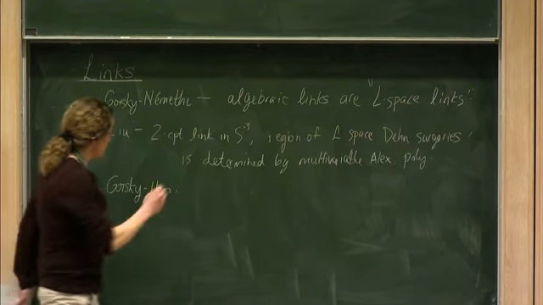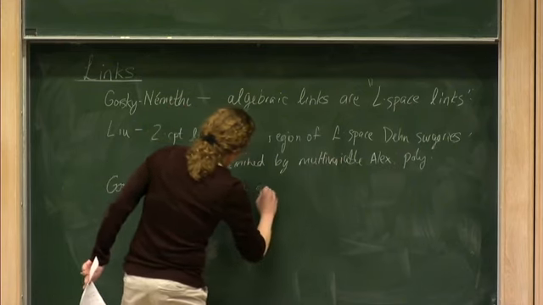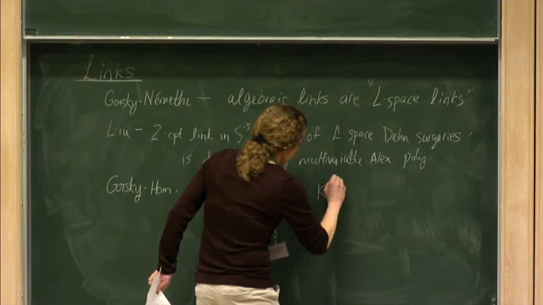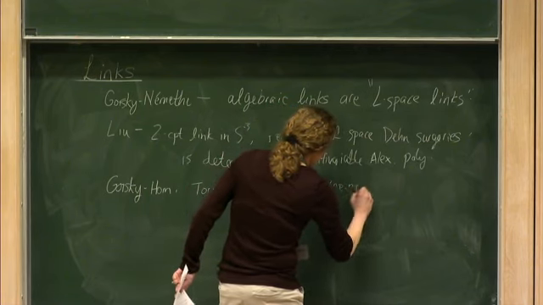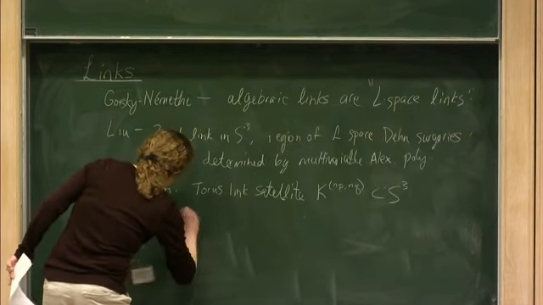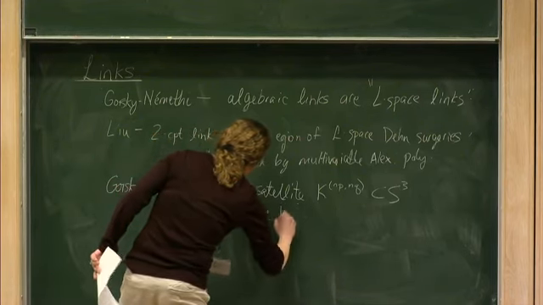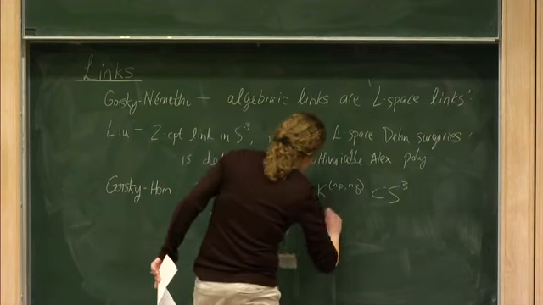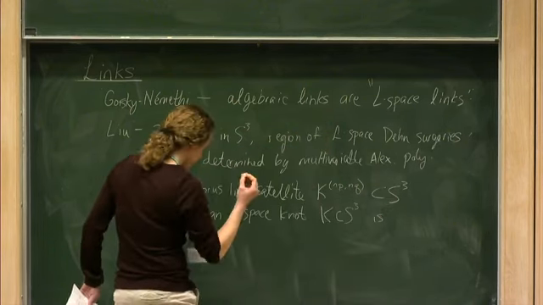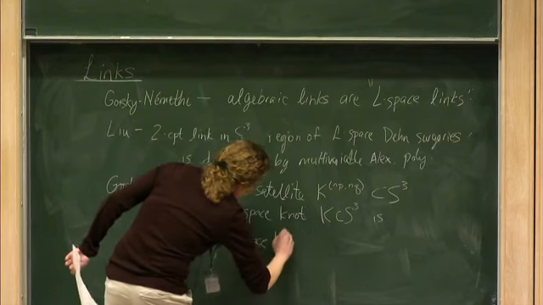So a torus link satellite of an L-space knot is an L-space link